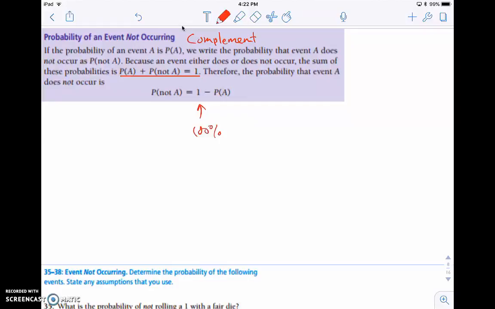So the probability that not A occurs is just 1 minus the probability that A does occur. When we manipulate this, basically we just subtract P of A from both sides. So if we look at this,